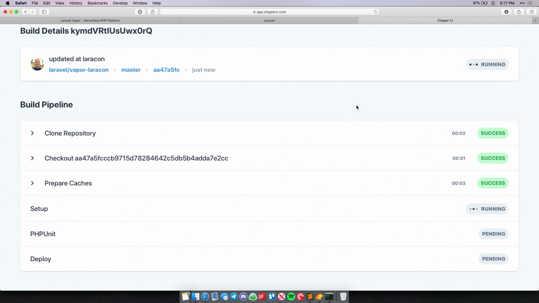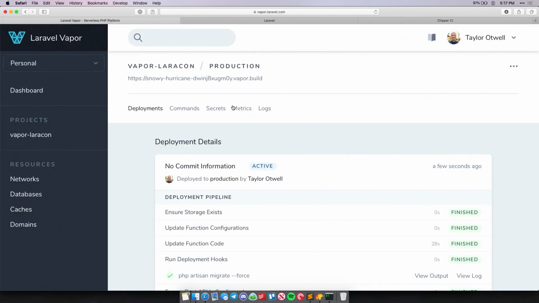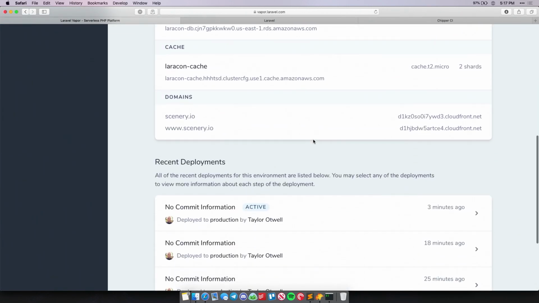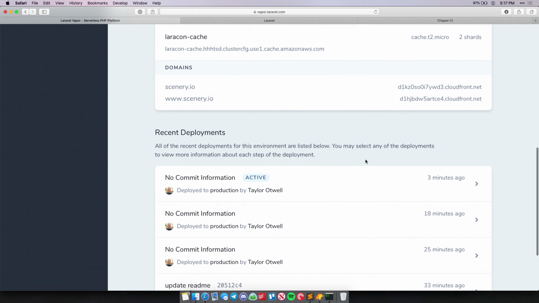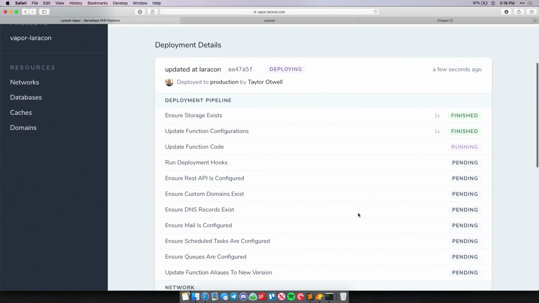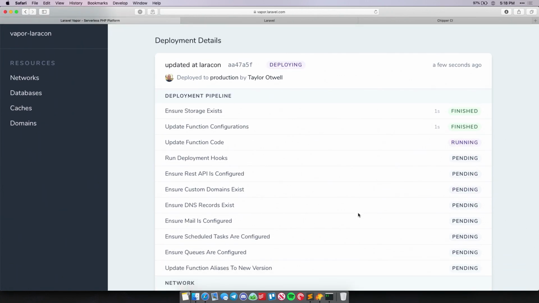Just going to run through this pretty quick, I think. All right, and that's going to deploy. Let's go out onto Vapor production. It's probably building our project. Pretty soon we should see a new deployment. There it is. You can see this was all triggered from the CI platform. So this is a really nice way to do things in production. You can have the CI platform run your tests, and then when you're done, run your Vapor deployment so everything's right there in your continuous integration platform. All right, so really nice.